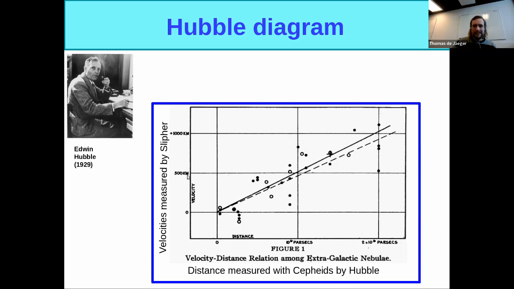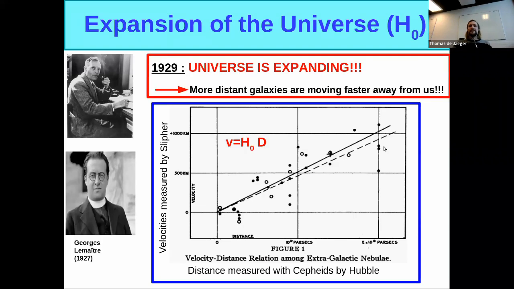So if you look at the units here, it's kilometers per second, but whatever, it is still one of the best plots in astronomy. If all the galaxies were moving randomly, so some galaxies coming toward you, some away from you, you should see a cloud of points here. But that's not what you see. You clearly see a correlation between the distance and the velocity. More distant galaxies are moving faster away from us. And there is not a lot of explanation for this. There is only one explanation: the universe is expanding.